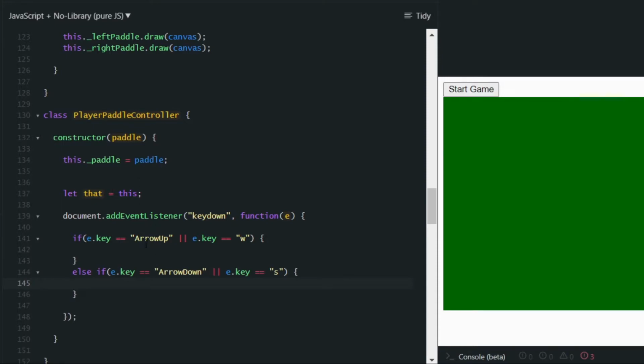If for some reason these don't work for you, then try to look up the documentation of the browser that you use and find out what the actual key name is there. But I think this should work in most browsers. All right, so let's actually not directly move the paddle,